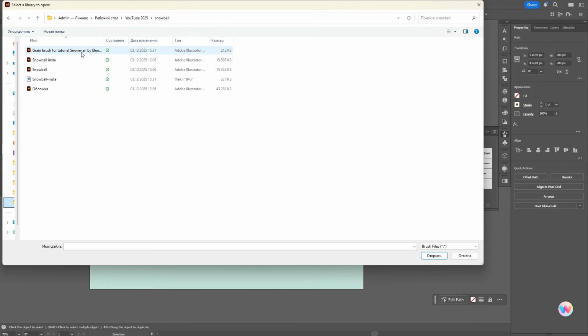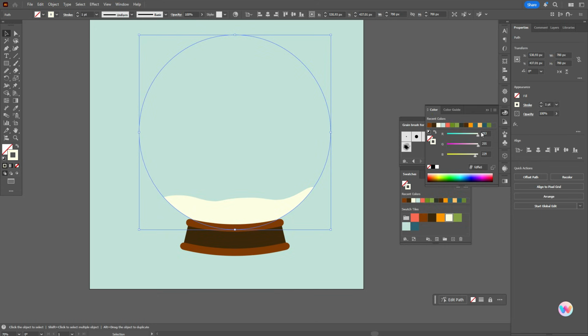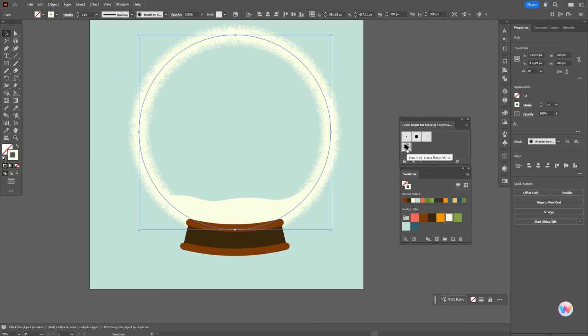Okay, now select the round and open brush library, and we need here take this my grain brush, you will find it below this video, and just use it. Okay, like this. You can change the size here, for example 1.5,